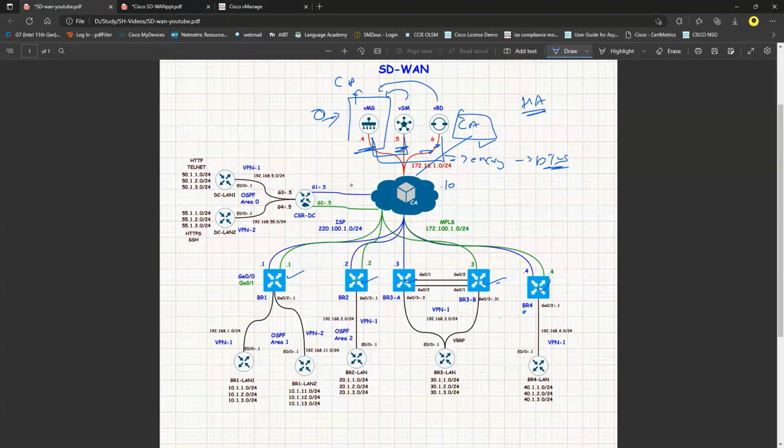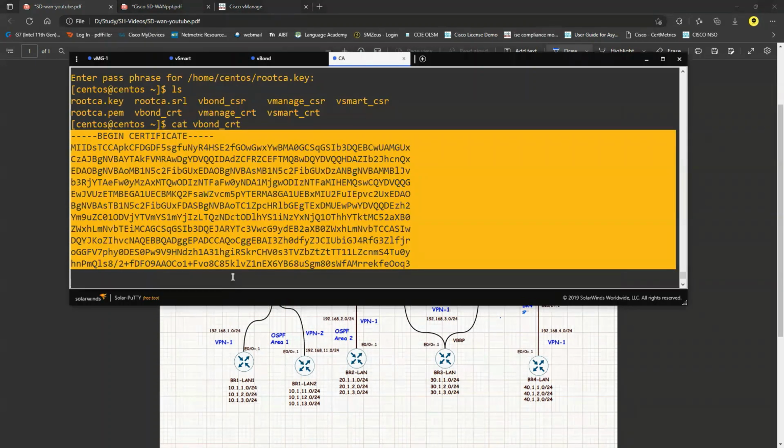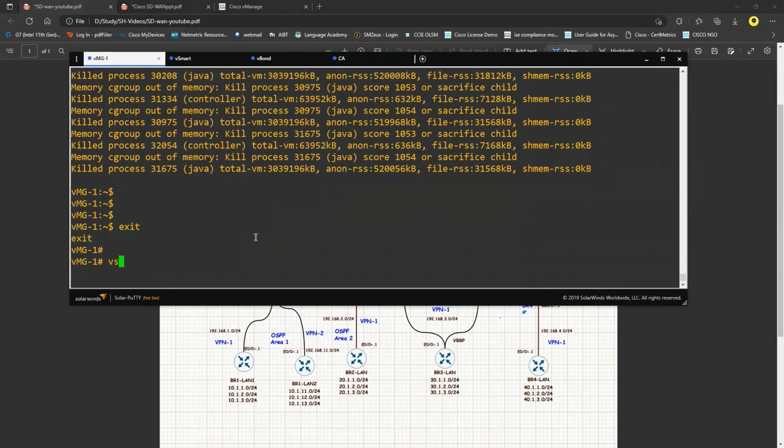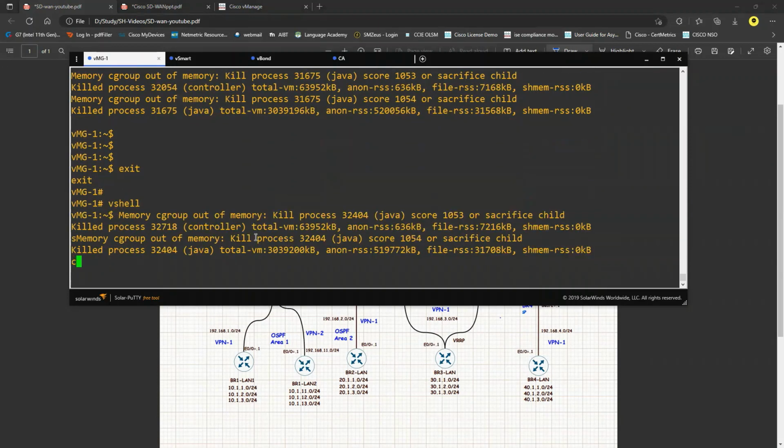So now I don't have any use for the certificate authority. I only need to have the root ca.pem file. That is the only file I require. Apart from that, I'm not going to issue any certificate from the certificate authority. So what I will do is download this file into my vManage because that is also a Linux machine. So I will go back to my vManage now, and I will go to vshell, exit, go to vshell, and say that